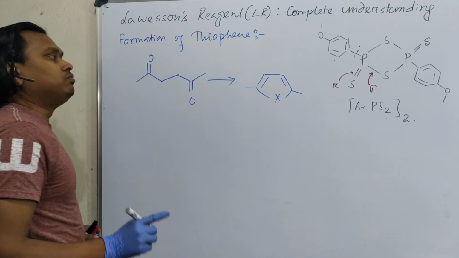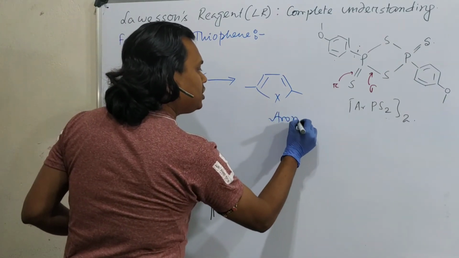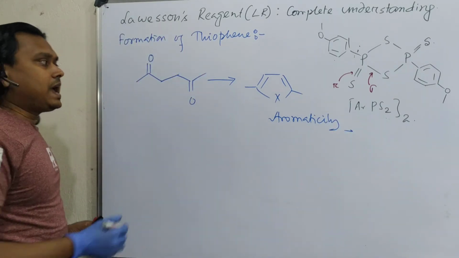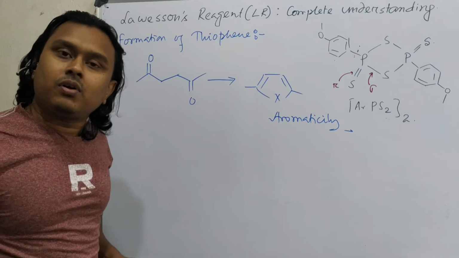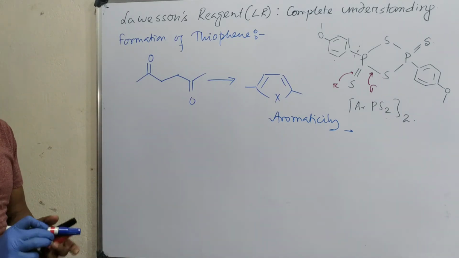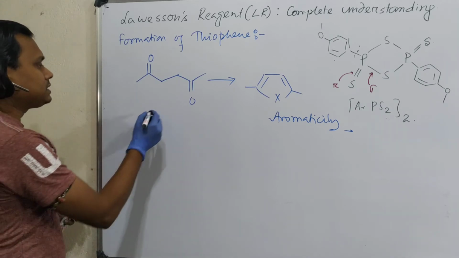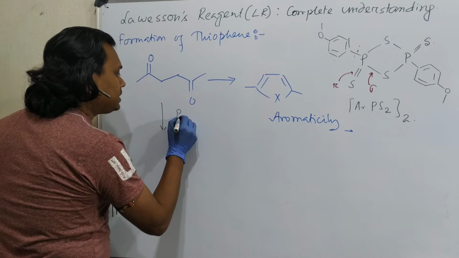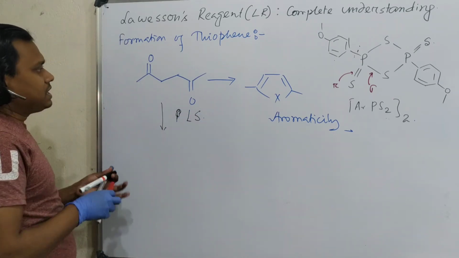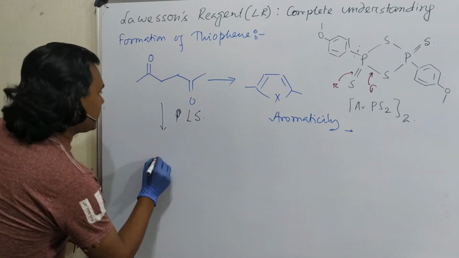Okay, and why is this formed? Aromaticity, remember, is one of the very important factors for this reaction. Okay, X is equal to oxygen, sulfur, or NH or NR, whatever. Now this reaction could be achieved using this sulfur reagent. How? See, if you take this, sorry, let me write LR, Lawesson's reagent. What happens? I have discussed, so I am not going to explain again.